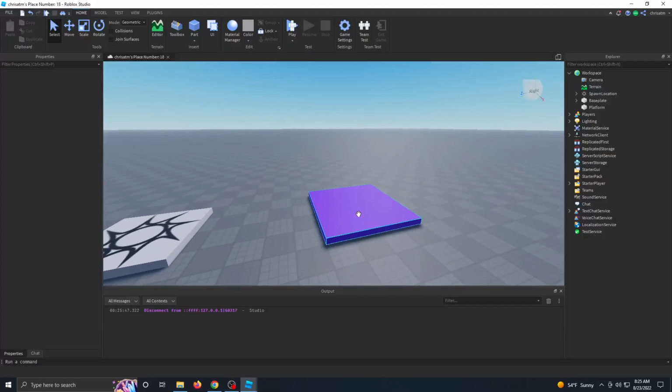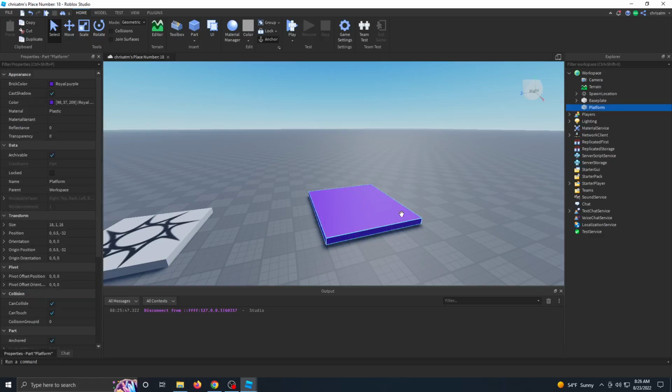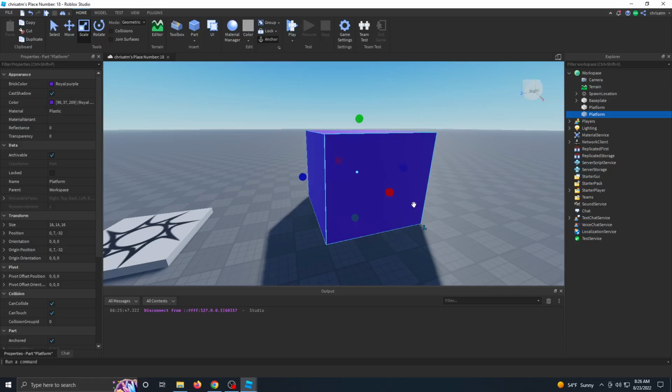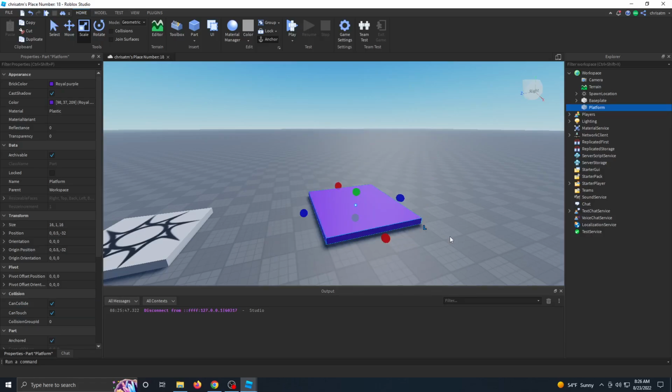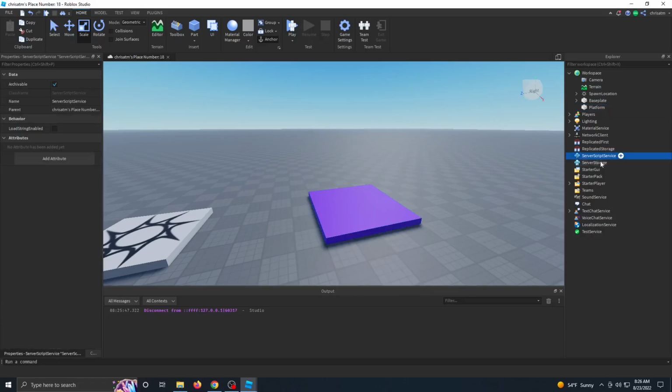Now the first thing we want to do is create a detector part that sits on top of this platform. Of course, we can create our own and make it not collide and all this stuff, but we're developers, so we're going to do everything programmatically. So starting out with our platform here, let's go into ServerScriptService, click the plus sign, and let's add